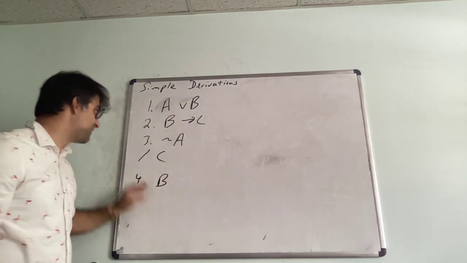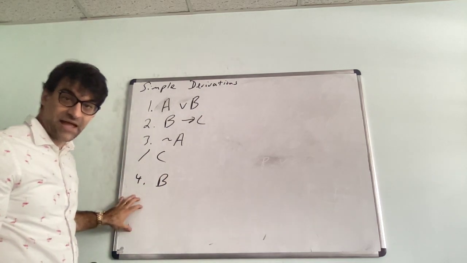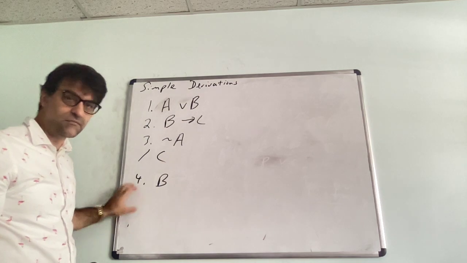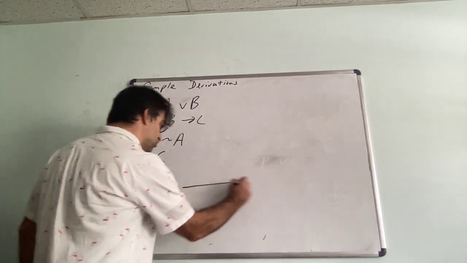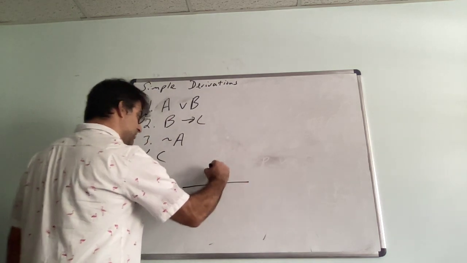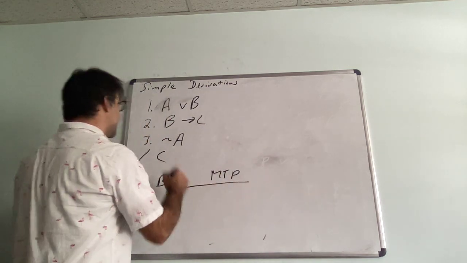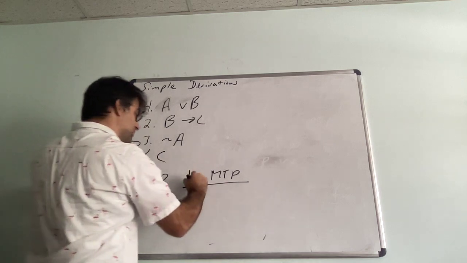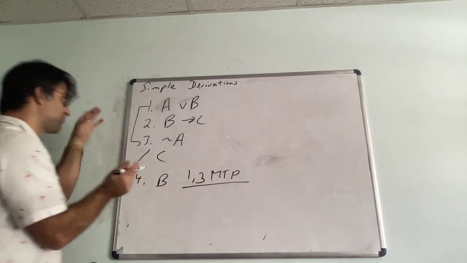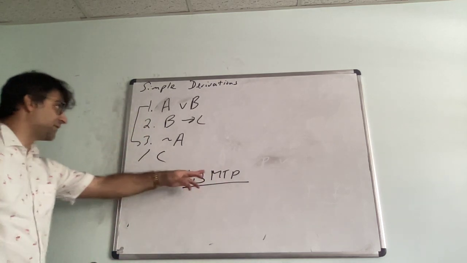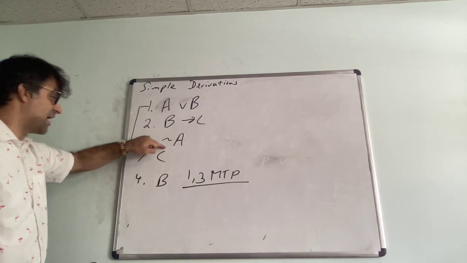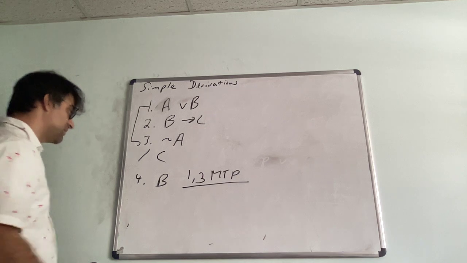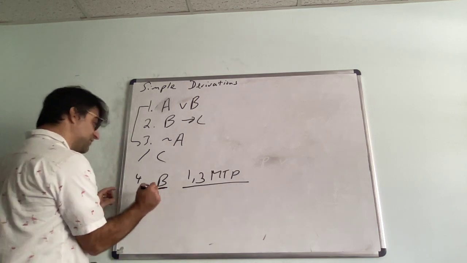So we mark down that inference as a new row, a new line, okay? And then we're going to tell what rule we used. Indeed, we used the MTP rule, and we based it on premises 1 and 3. Premises 1 and 3 together follow the MTP pattern. Since Ann or Bob is here, but Ann's not, it follows that Bob is. Now we can use this. We've drawn this valid